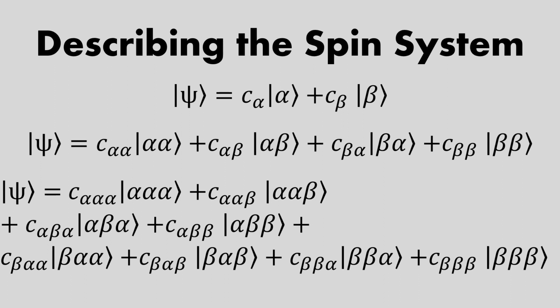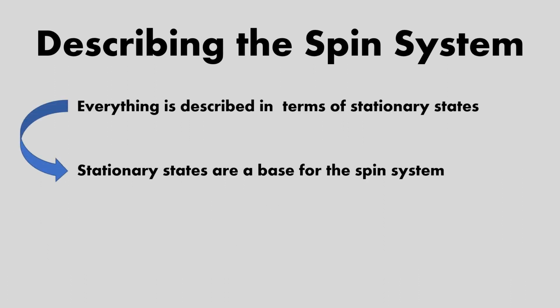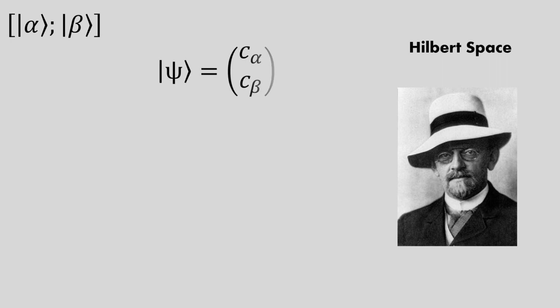But we have to remember one important part: everything is described in terms of stationary states. So it means that the stationary states are actually the base for our spin system. And so here comes Hilbert space. We can just define a base for our spin system, like alpha and beta, as I said, our stationary states. And so our psi just becomes a vertical vector, whose components are just the coefficients, C alpha and C